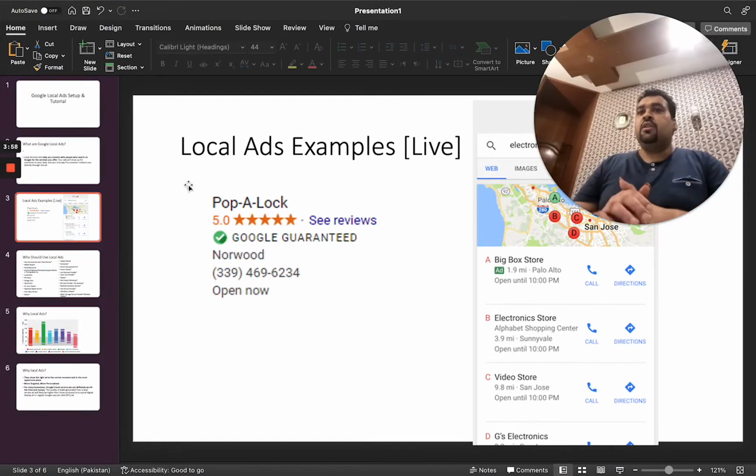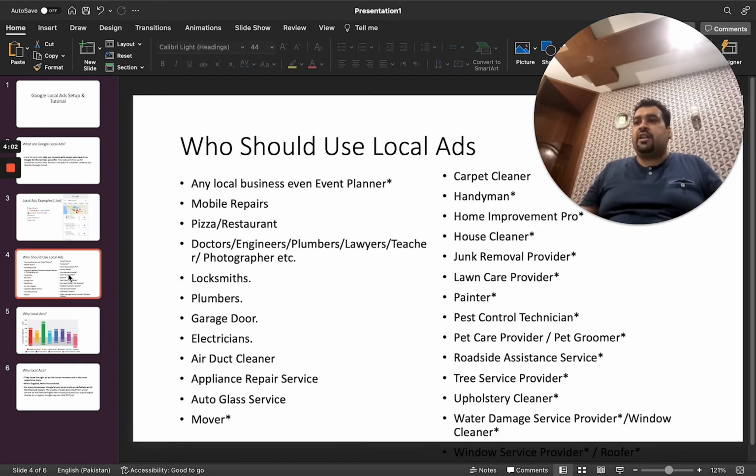So I just showed you an example of local ads. Now let's move on: who should use local ads? Any local business, local ads are for you. You can use them if you are a mobile repair shop, a pizza place like we searched, a restaurant, cafe, doctor, engineer, plumber, lawyer, photographer, or even a locksmith business, garage doors, an electrician,